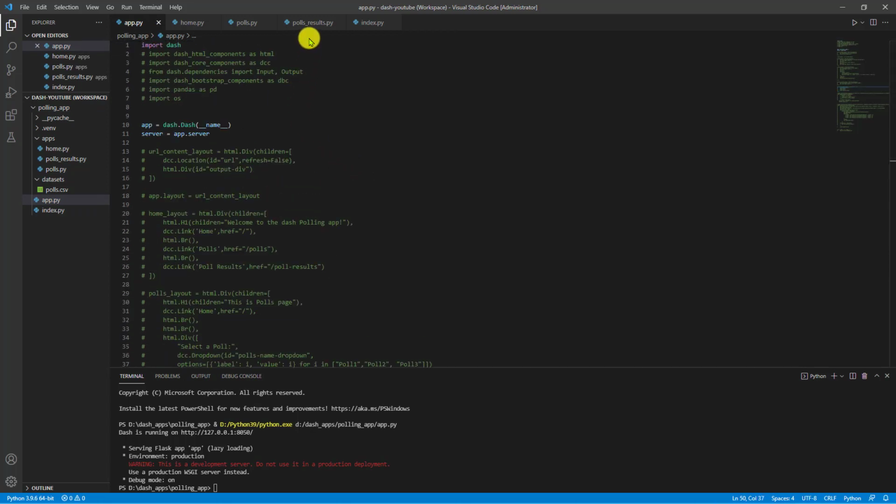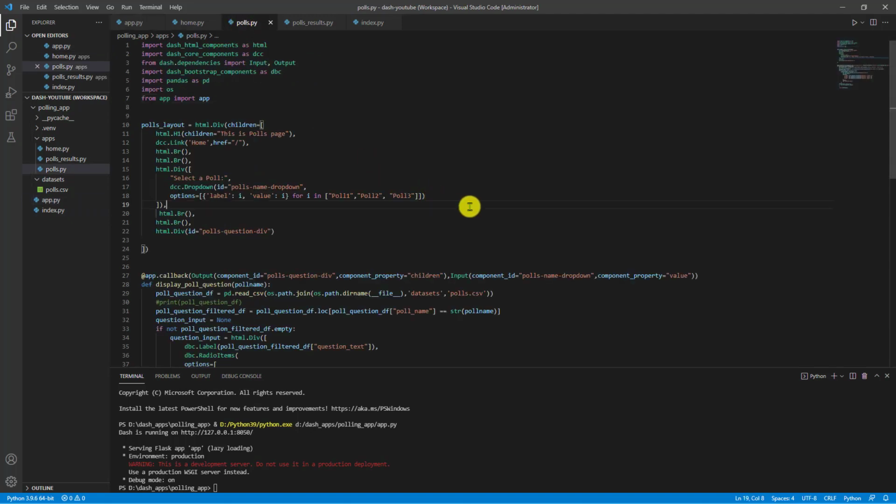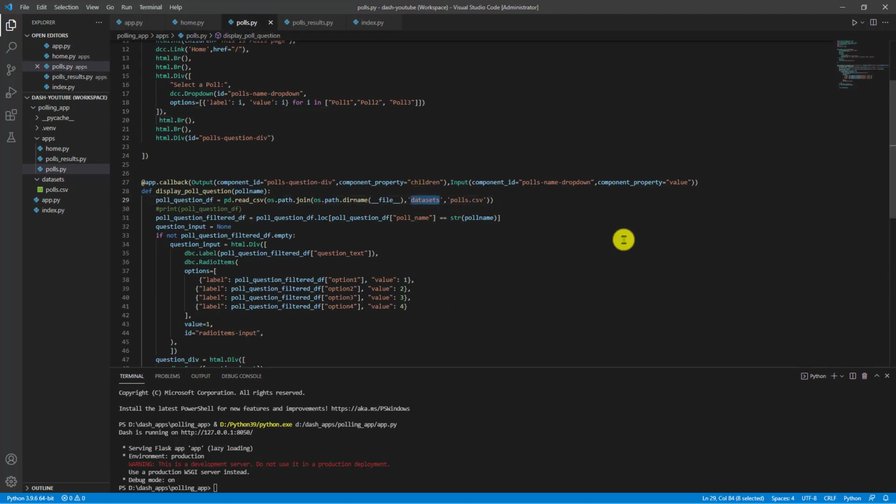One thing is, in my polls.py, I was reading this dataset from the dataset folder, right? And over there, if you see, I was using this __file__, which is basically the current file path. Previously this code was under app.py, so I was able to write something like this because app.py was in the same directory as datasets.